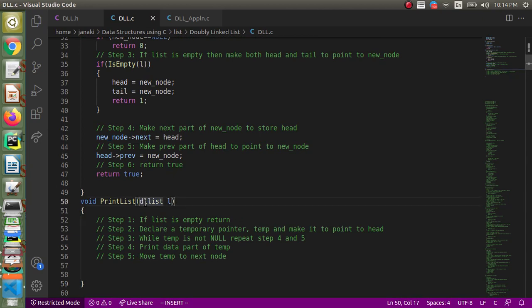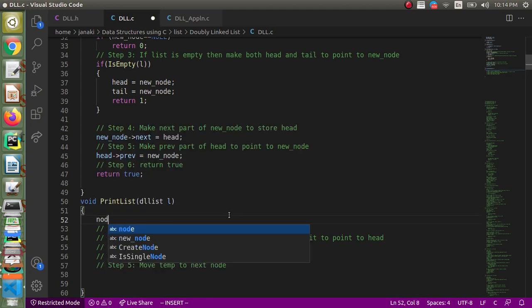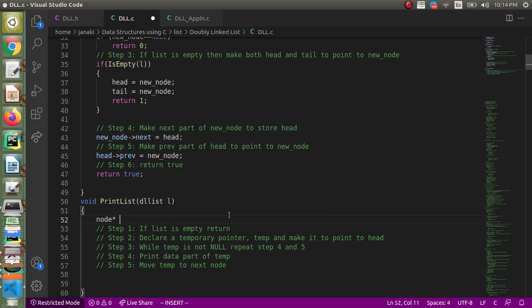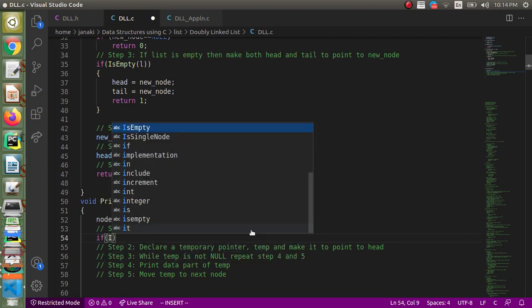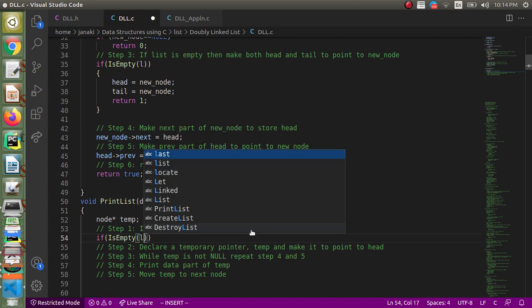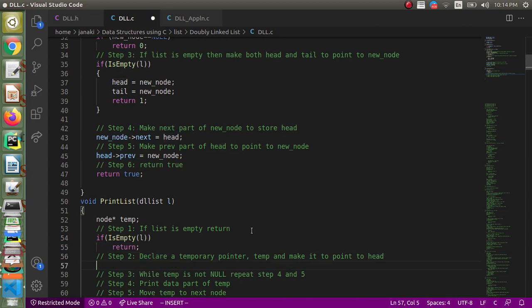It's enough to pass it by value because we are not going to make any changes, and it is not required to get reflected, right? So I'm having a temporary pointer, and I check if the list is empty, isEmpty of L, right? In that case we have to just return. Otherwise we have to declare the temporary pointer.